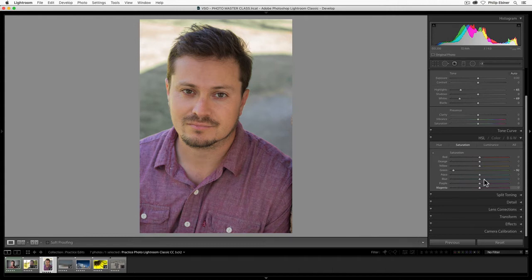So that's kind of a way to blindly go about it, we can do this a better way. In each of these tabs, you see this little dot right here. That's sort of like an eyedropper. It's a tool that allows you to adjust a specific color in your image by clicking on it. So for saturation, if I click this and then I click the green in the image and then drag up or down, it adjusts it. So if I want to add more saturation, it brings it up. And you can notice that it's also bringing up some of the aqua because there's some aqua tones or hues in there. Bringing it down all the way, keep dragging, it's going to drag everything, including the aquas, down.